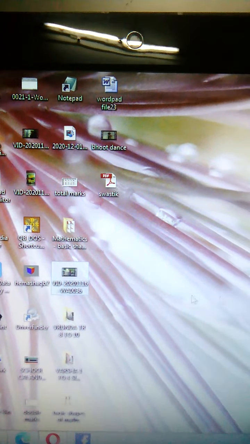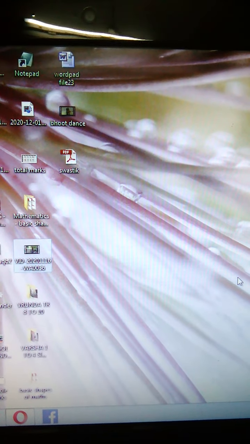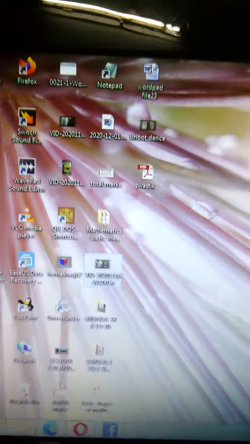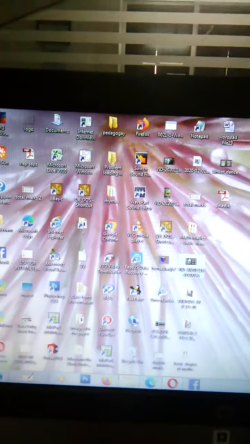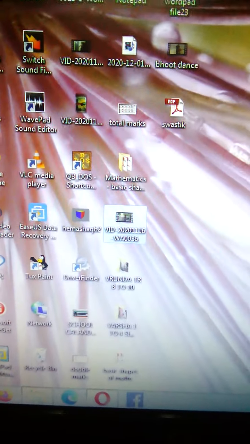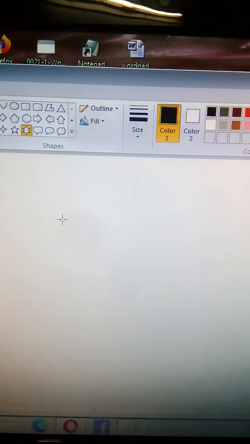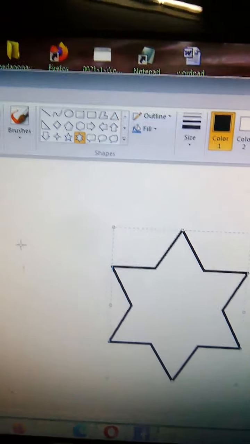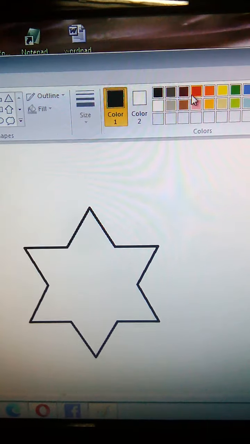This is the selection. We can also use the mouse to play games and draw pictures on a computer. You can see, I will open the Paint program and I will show you how to draw on a computer by using the mouse pointer. In this way you can draw a picture by using the mouse.